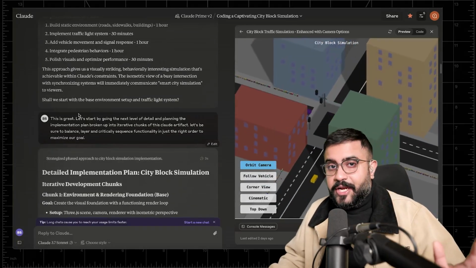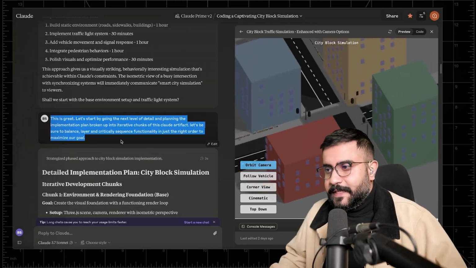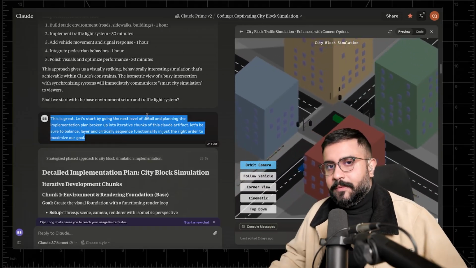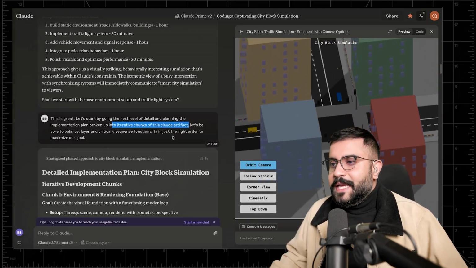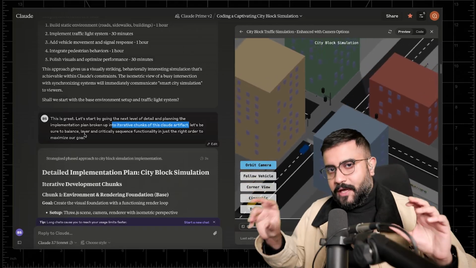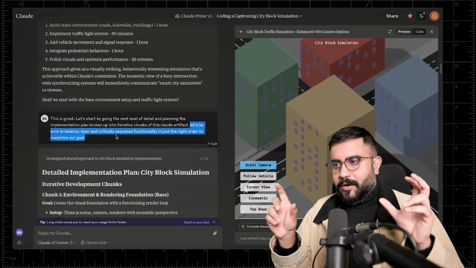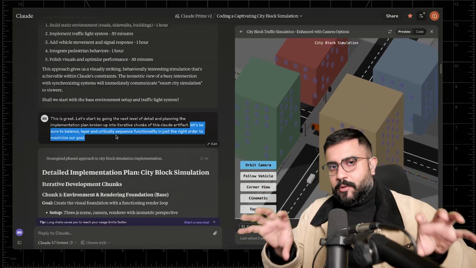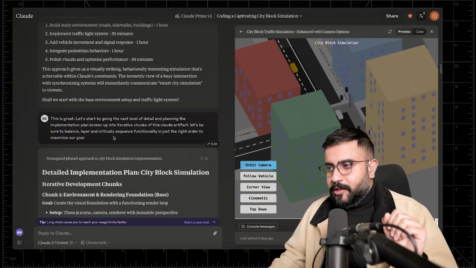I'm still not going to have it generate any code yet. What I'm going to say is, okay, let's go into the next level of detail and start planning the implementation broken up into iterative chunks of this Claude artifact. Basically asking it to balance, layer, and sequence different functionality. And what this does is it really has the model take a step back and think about balancing the functionality we're going to build in these various iterations of a Claude artifact, including